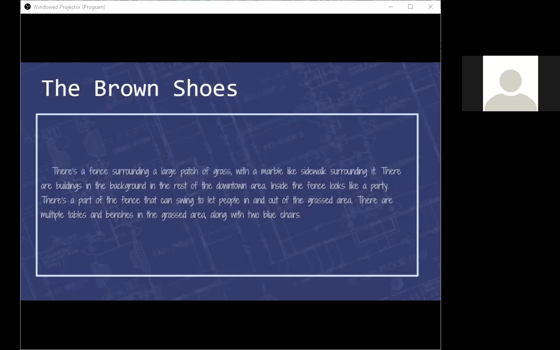So the first one is, there's a fence surrounding a large patch of grass with a marble-like sidewalk surrounding it. There are buildings in the background in the rest of the downtown area. Inside the fence looks like a party. There's a part of the fence that can swing to let people in and out of the grassed area. There are multiple tables and benches in the grassed area, along with 2 blue chairs. All right, so to quickly talk about some of the things that this particular